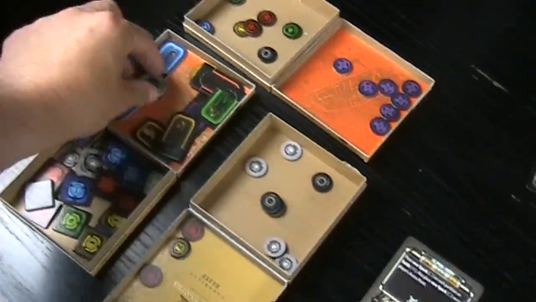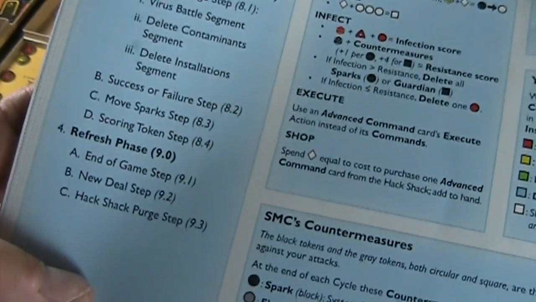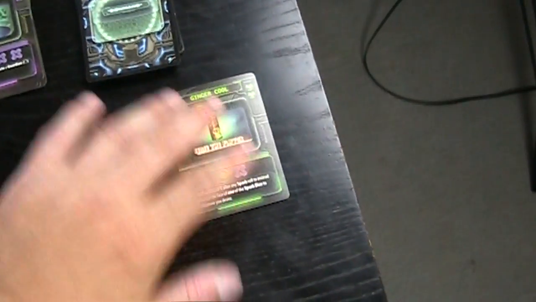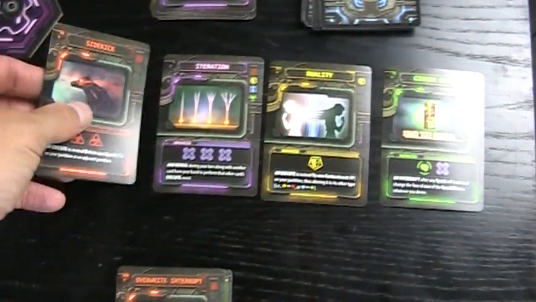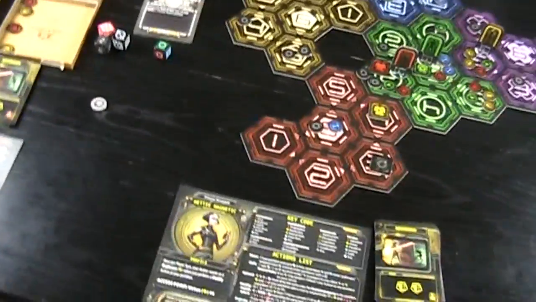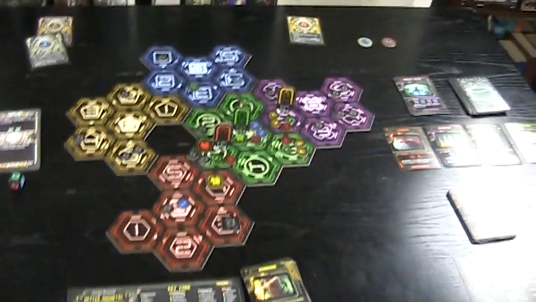Okay. So again, we were successful, which gives us another victory point here. And we got to deal new cards, and we'll find a new hack shack. There we go. And yeah, some new cards for our players. And I'm done for now. I'm gonna load this up, and